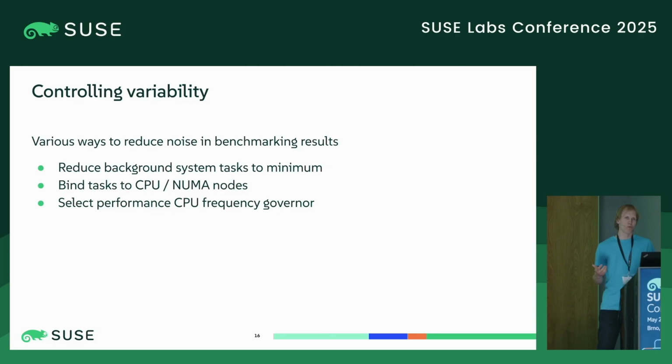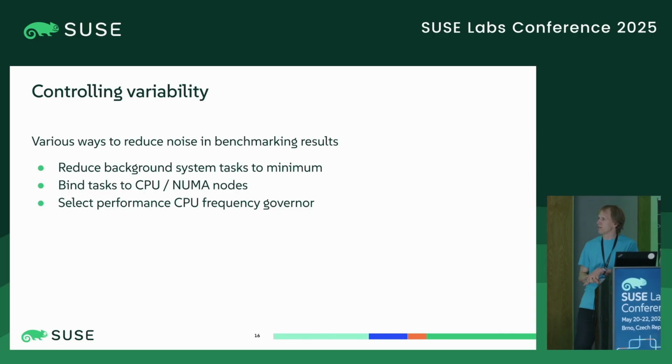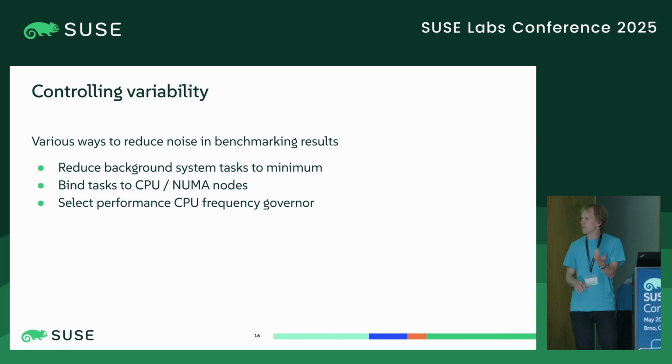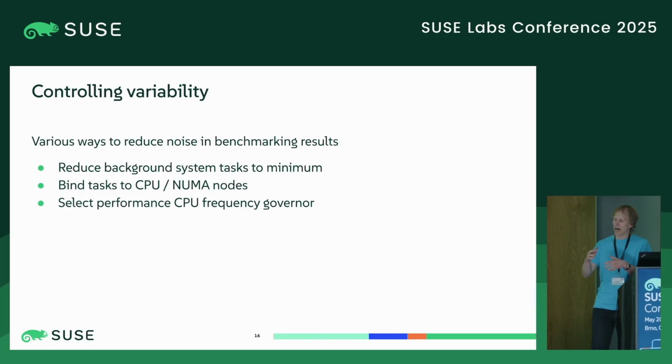The sensible steps are to remove background work, like cron jobs, but also various background tasks, for example file system cleanup or other tasks scheduled by the kernel, which are not so easy to get rid of. You can also bind tasks to CPUs or memory to NUMA nodes, to reduce the influence of CPU scheduling decisions and